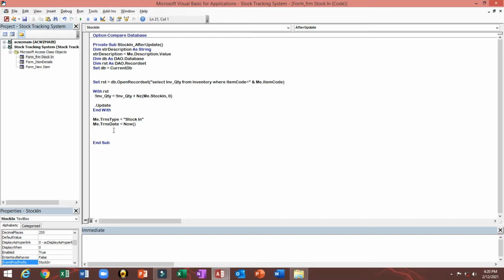Okay, so I will put here MsgBox, then rst, this is to record count, then and then item, this is a string only, we will concatenate, we'll put a space, then strDescription. So we will concatenate whatever the current selected item description,